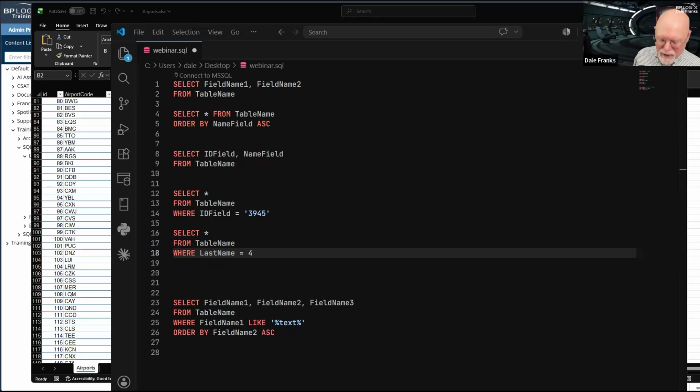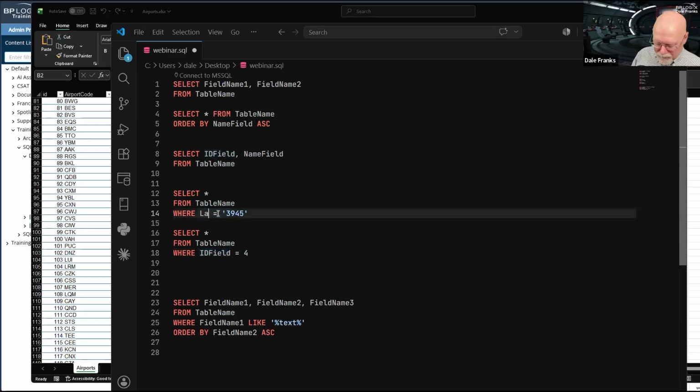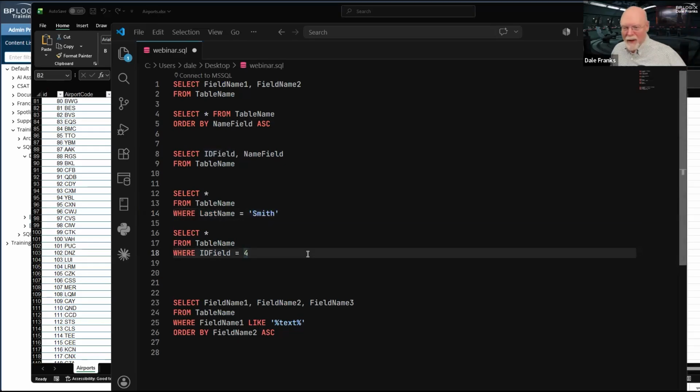Well, I probably shouldn't have done it there. Let's say I'm searching for somebody's last name, and I say return only the records where the last name equals Smith. If I have a table with 1,000 or so people in it, the likelihood that it will find a record where the last name equals Smith is very high.